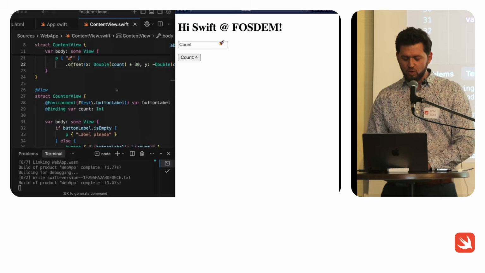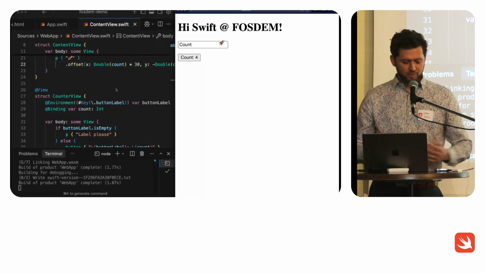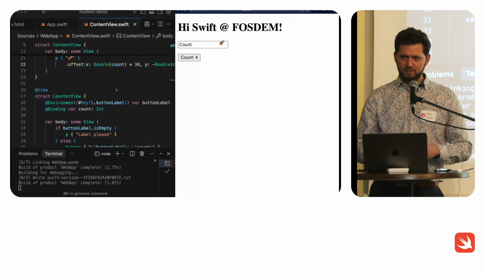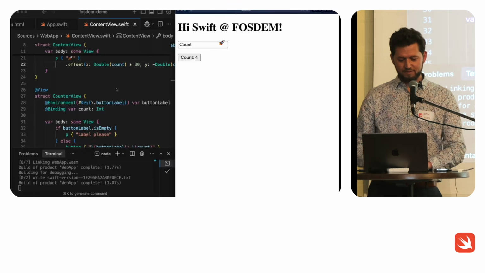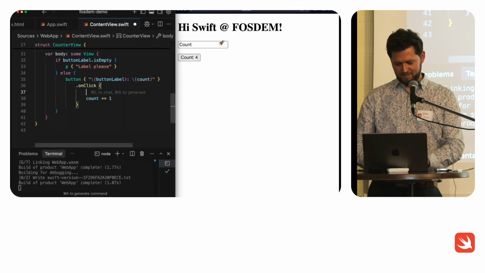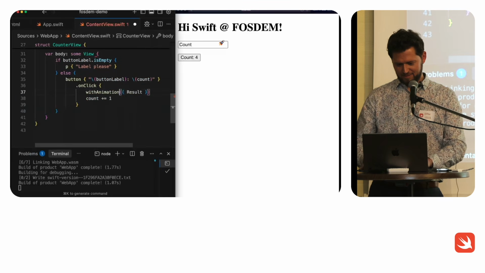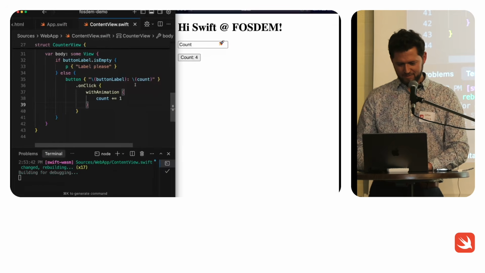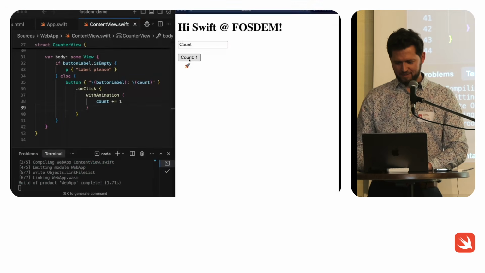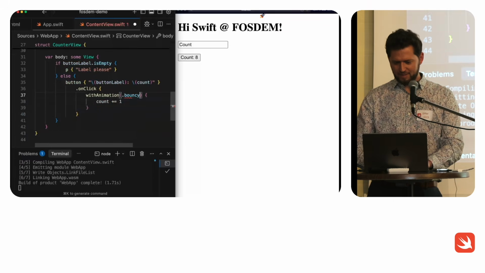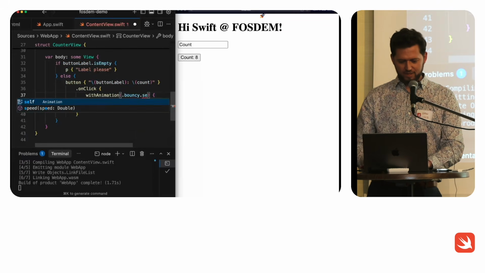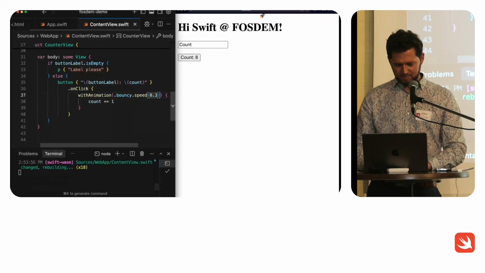Now, of course, it would be cool if we had a transaction-based change system that tracks changes to the state and can apply animations automatically, right? That would be fantastic. So... Okay, voila. Wow. I went pretty hard on animation, so you can do things like that. I don't know, make it bouncy and